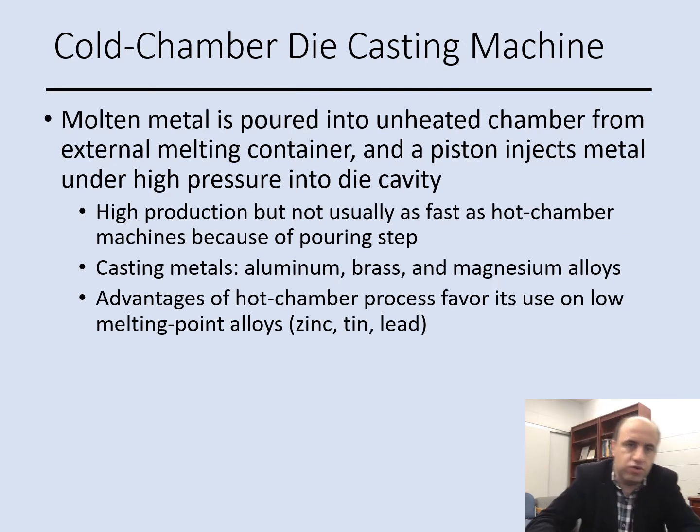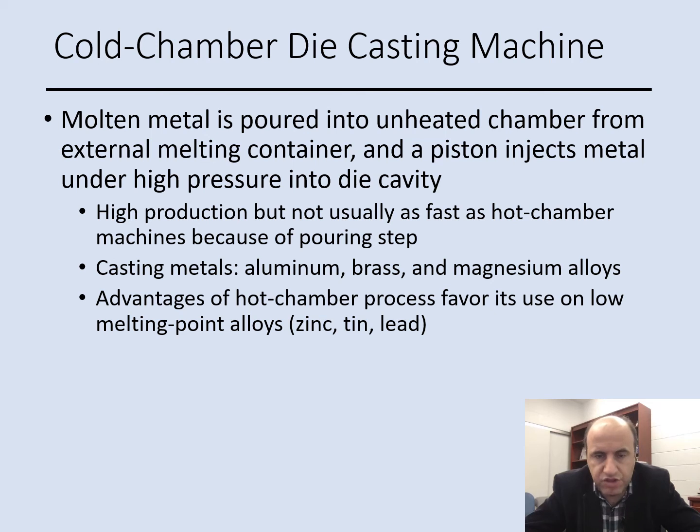The next process is cold chamber die casting, where we have molten metal poured in an unheated chamber from an external melting container, and the piston injects the metal under high pressure into the die casting. We still have a high production, but not usually as fast as the hot chamber. We can work with aluminum, brass, magnesium,